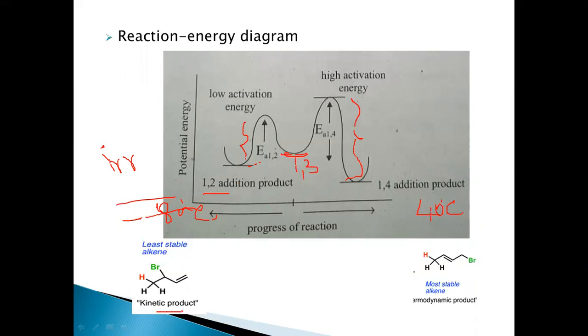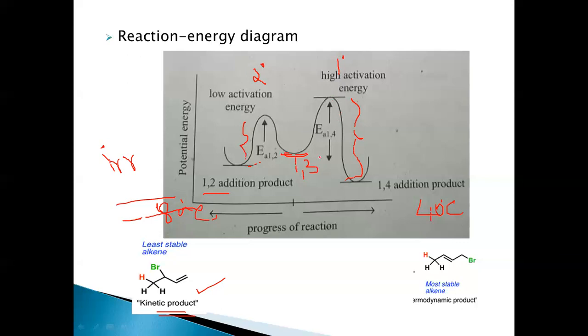See, this is the major product, this 1,2 addition product, and it is called a kinetic product because it is kinetically controlled here, and it is passing through the more stable carbocation. This is the secondary carbocation we are seeing here. The secondary carbocation is more stable, so it has less energy when compared to this primary carbocation, which has a higher activation energy. It is at a higher energy.